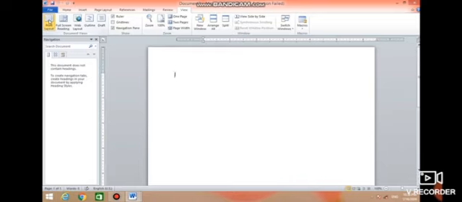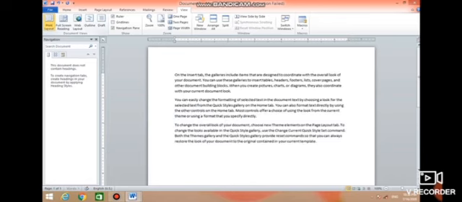Next view is full screen reading view. Let's type some text here to see the view in a better way. Yes, I inserted some text in the document.